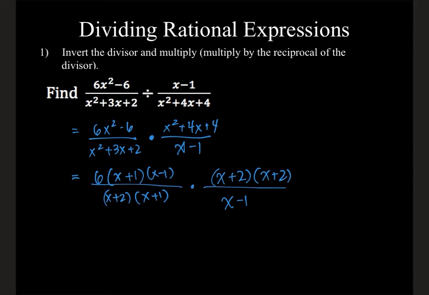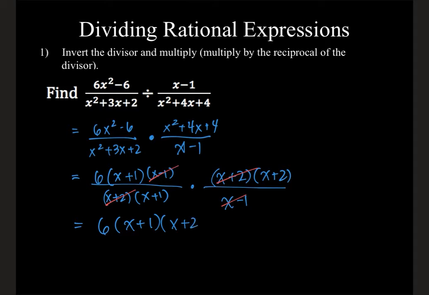From here again, cancel what we can. There's an x plus 2 down here. I'll cancel one of the x plus 2s up there. X minus 1, x minus 1. And then from there I can just put my answer together. If you want, you can actually multiply it back, but I would just leave it as it is. 6 times x plus 1 times